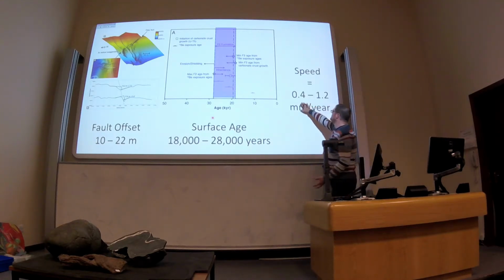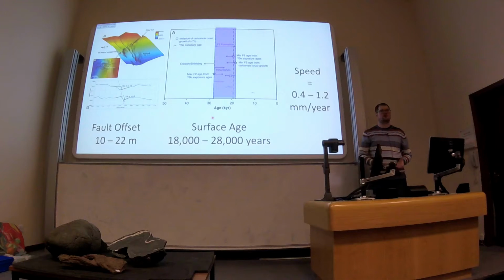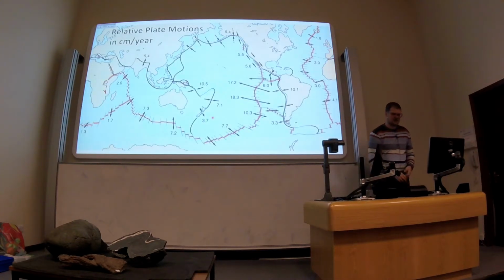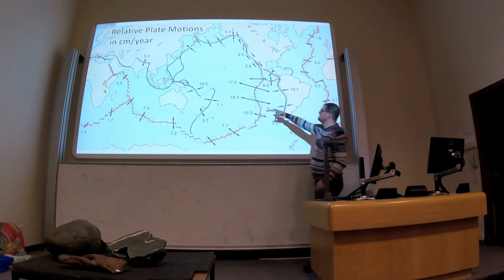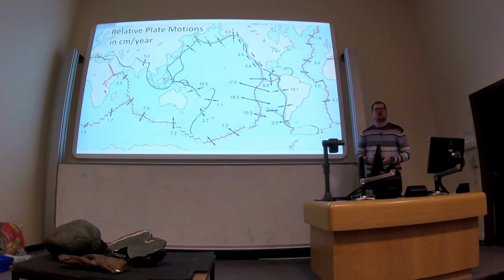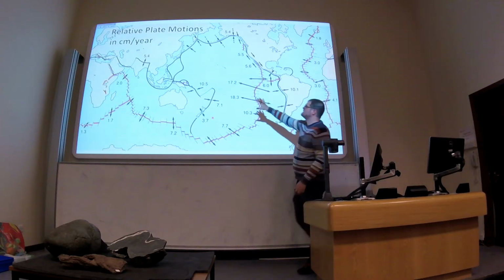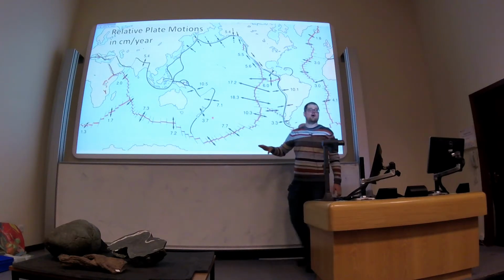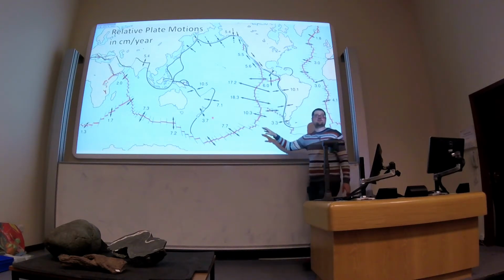So it's somewhere between 0.4 and 1.2 millimeters per year. Okay, it doesn't seem like a huge amount. It's very slow as far as we're concerned, but as far as the Earth is concerned, it's actually reasonably fast. So if you're looking at these figures here, these are rates of plates moving apart in centimeters per year. So our 0.4 might be 1 millimetre per year. We may be a factor of 10, maybe a factor of 50 slower than these proper plate boundaries.